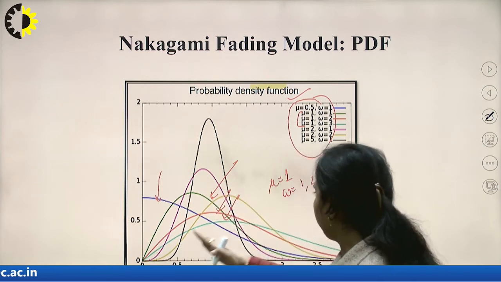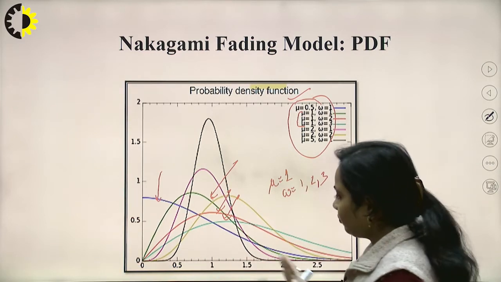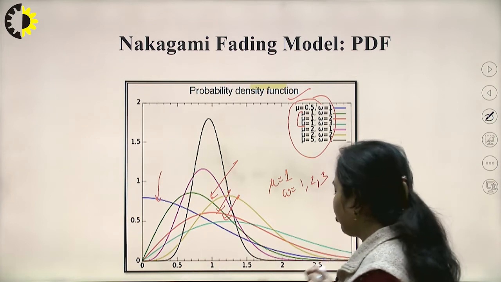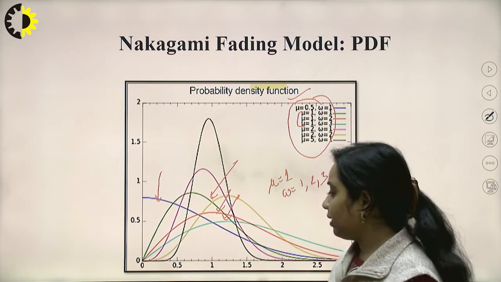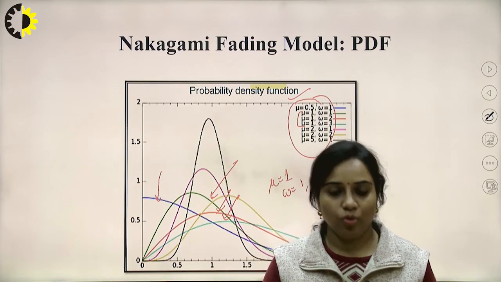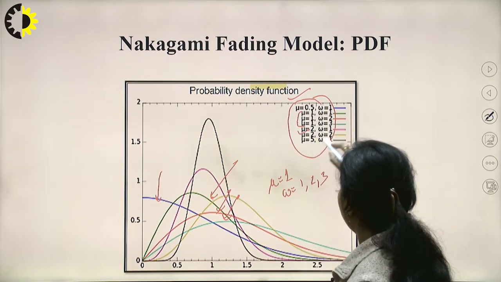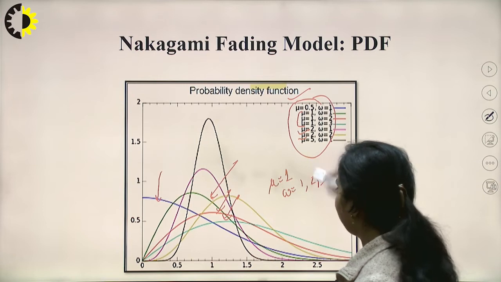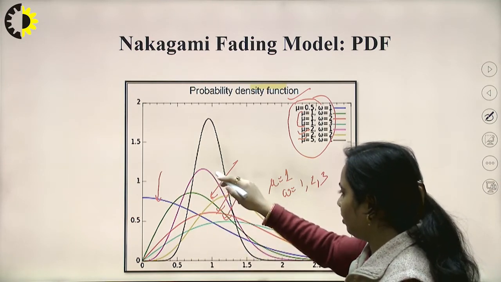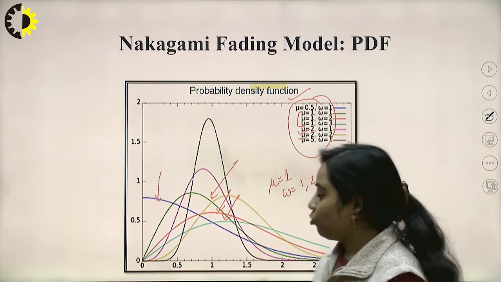Now you can see that when mu is fixed and omega is changed, then the length, or you can say the distance from the initial to the ending point, will increase, or you can say the spreading of the curve will occur when mu is fixed and omega varies. And in other cases like mu equals 2, omega equals 1 and 2, you can see that a sharp peak can be observed in this PDF, that is probability density function.